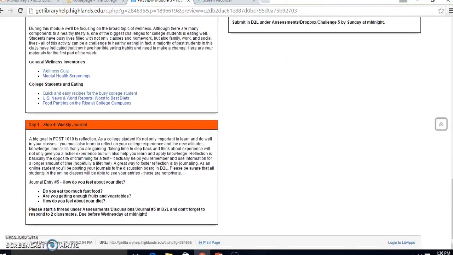And the weekly journal this week, it'll tell a lot about yourself. How do you feel about your diet? Do you eat too much fast food? Are you getting enough fruits and vegetables? How do you feel about your diet? Be honest with yourself. That's what this journal is. And sometimes, just like with the time wasters, it makes you think, golly, I waste a lot of time on Facebook or watching Netflix or,